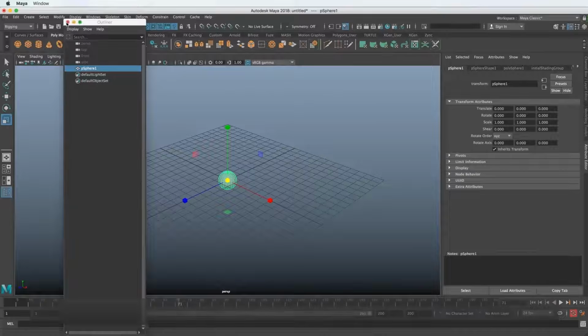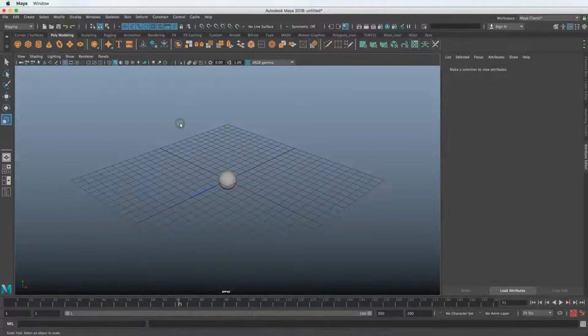So that is a quick rundown on the interface. I hope it got you a little more familiarized with what you're looking at when you open up Maya. It's not as intimidating as it seems. And if you follow along with this course, you will just pick up these things, so that I won't have to walk through each little button in a dry way. We'll take a project-based approach so that you'll get more familiar with the interface as we go along.